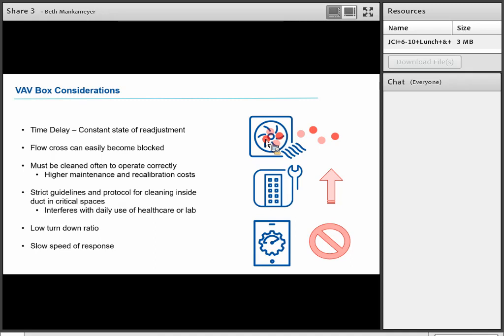You have to actually completely decommission that operating room to clean it out and recommission it to make sure that it is in the proper positive airflow scenario. And last but not least is a slow speed of response. I already spoke about the standard speed actuators with these. So you could have at least a 90-second full stroke. And like I said, in a place like an office space, it doesn't matter, but in a critical environment, it